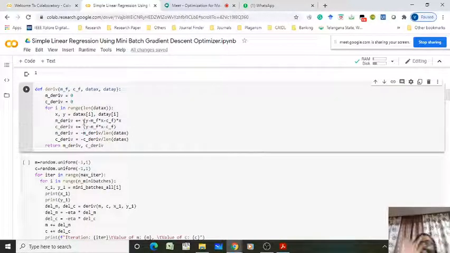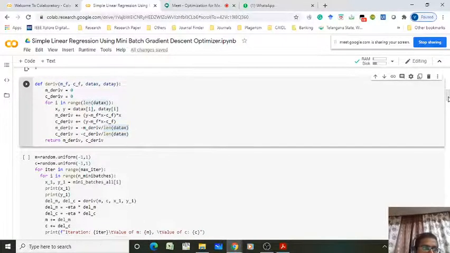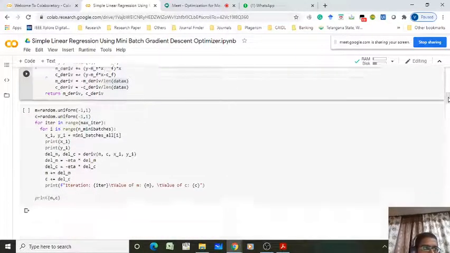Because your function will have a minus; if you observe, in the gradient function you get minus 1 by n, not only 1 by n. That's why I am taking the minus 1. m_derivative is the summation of all the gradients divided by n, meaning the number of samples in that mini batch data. So this is used to calculate the gradient, right. So the gradient with respect to m and with respect to c.